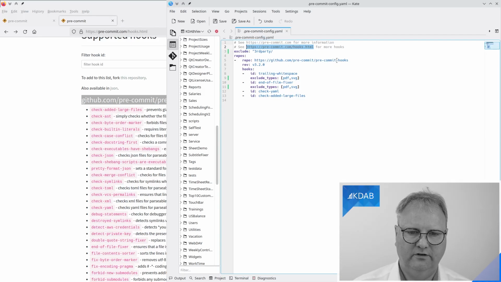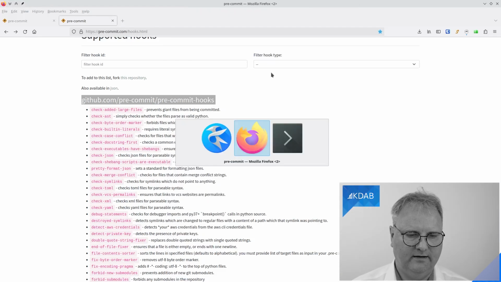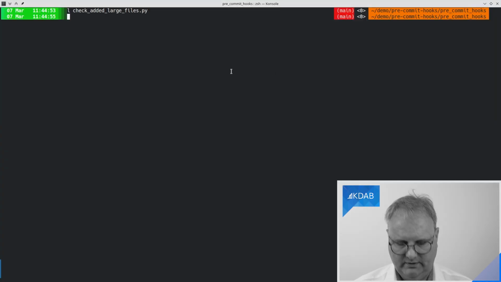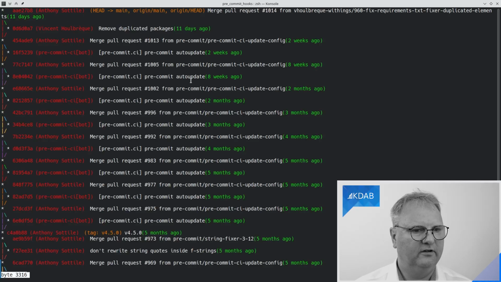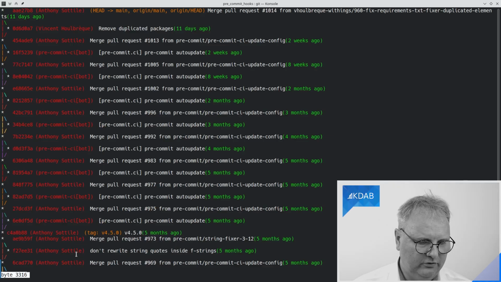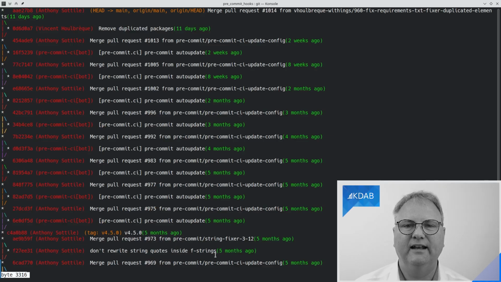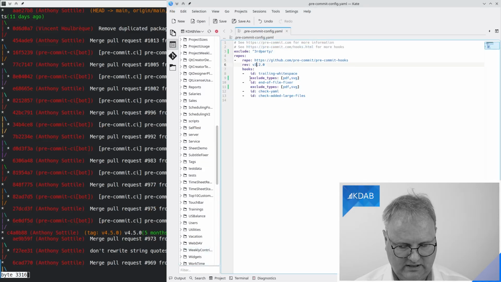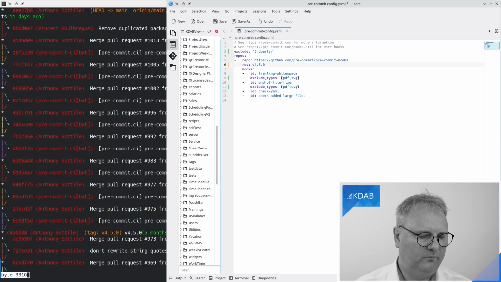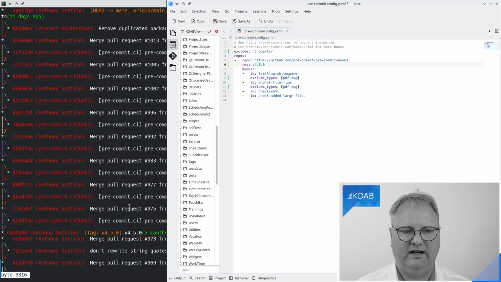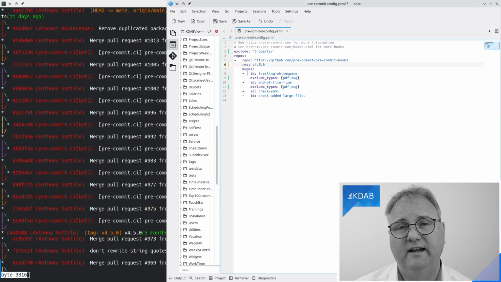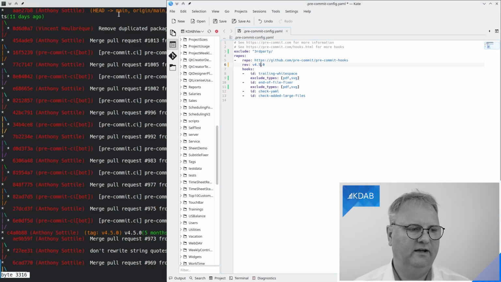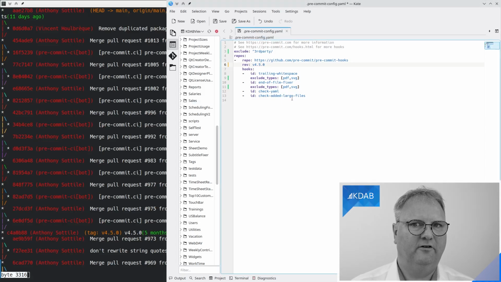So I can go to this directory here and check it out. And one of the things that I can do in here is git log, and I can see if I scan down here that we are now at 450. So if I would try to use one of the recently added hooks and I had it saying 320, then it would just say, I don't know about that. So let's better get to this particular tag here. Or I guess I could write HEAD to get the greatest and latest.